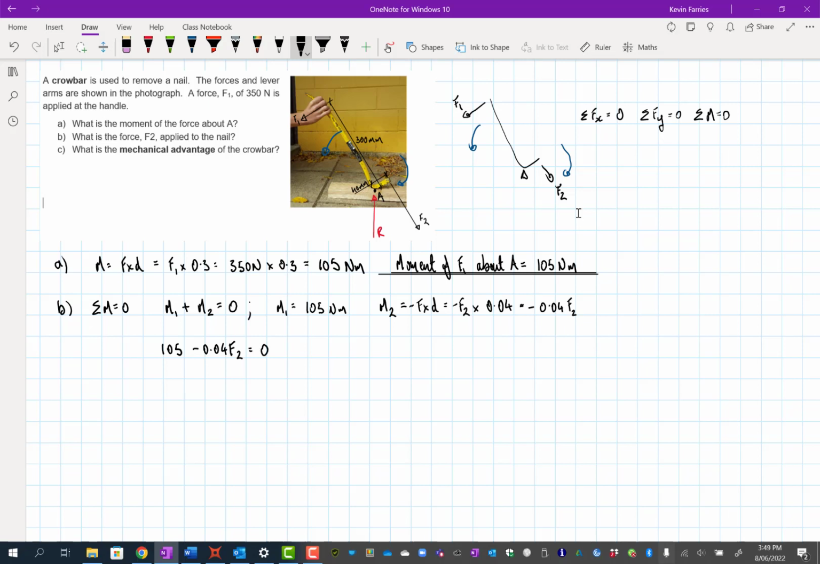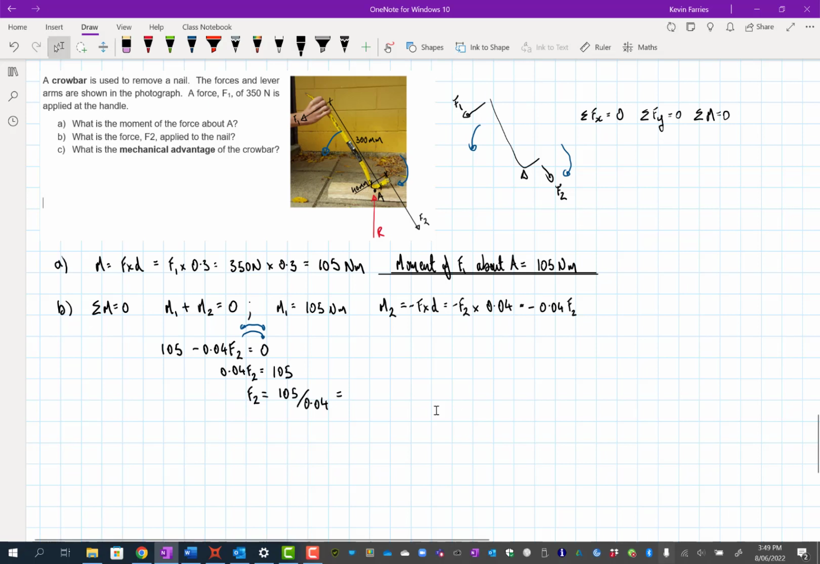Which equals 0. So the moments have to add up to 0. So what I'll do is I'll take this across to this side, and then I'll swap the sides. So we're going to get 0.04 F2 is equal to 105. Therefore, divide both sides by 0.04 because it's times in the F2. 105 divided by 0.04, which equals,